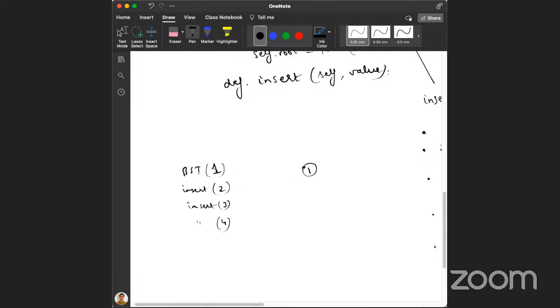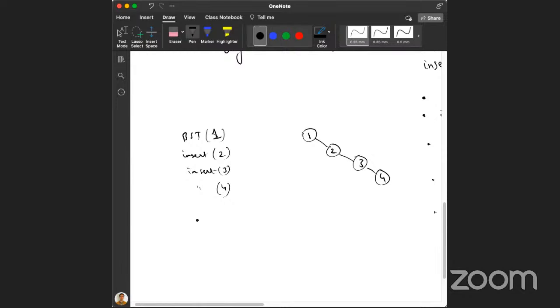So it will compare with the current value. It is larger, so go to the right one. It's none, so create one here. 2, 3, 4, right? But if I insert in another order, let's say I will do the same thing, but